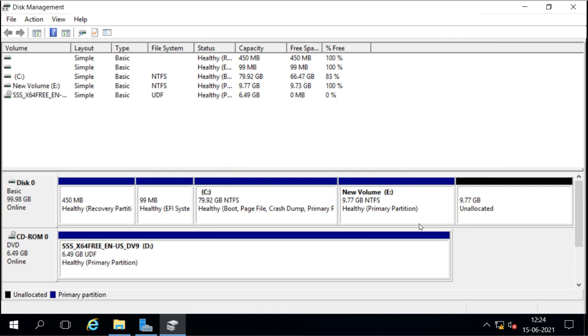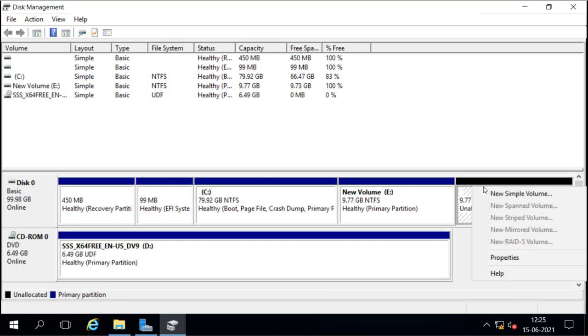Now it has created the new volume with drive letter E and the size of 10 GB, and with the file system NTFS. So we can see this is NTFS. Now if we want to create the ReFS file system, we have this remaining space available.